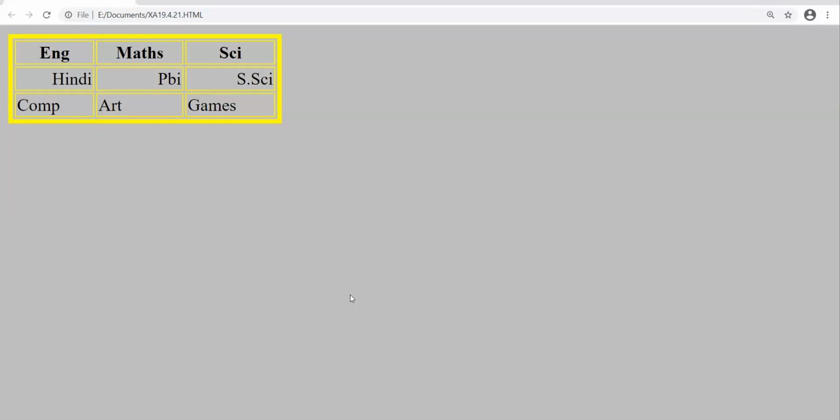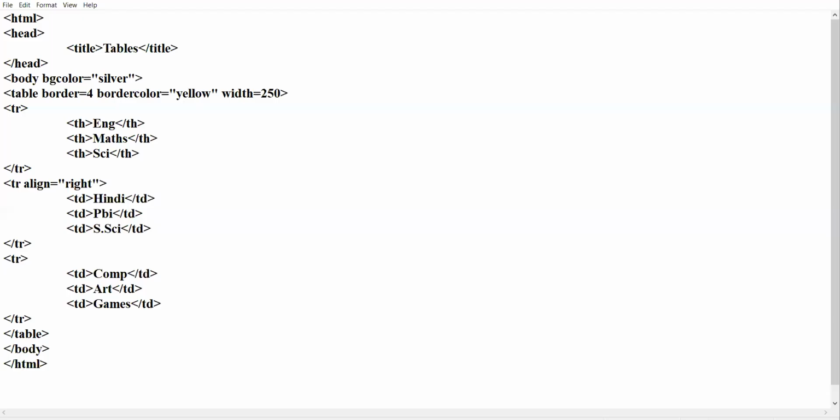Up till here, concept is clear of header row, how to create the header row. Now, all the attributes of TD, whatever attributes are of TD, the same are the attributes of TH. TD and TH, they have same attributes. Okay? Now see another change, another concept. Focus here.